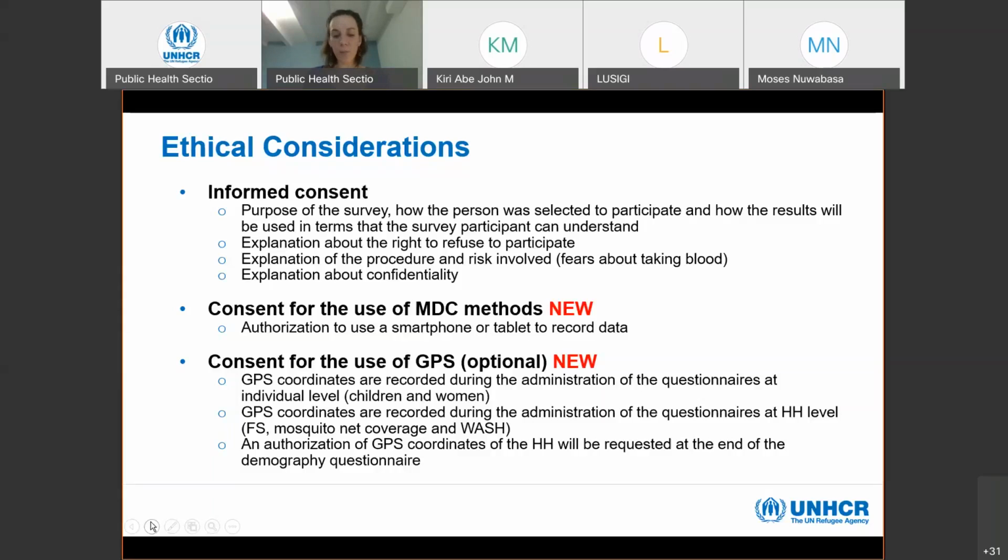This is why we have, at the beginning of each SENS questionnaire, a question asking if consent was given for the interview, and for measurement when it's the child and woman questionnaire. Each child and each woman can decide to participate or not in the survey. What is new now? If your SENS survey is a survey using the MDC method, you must also request the authorization